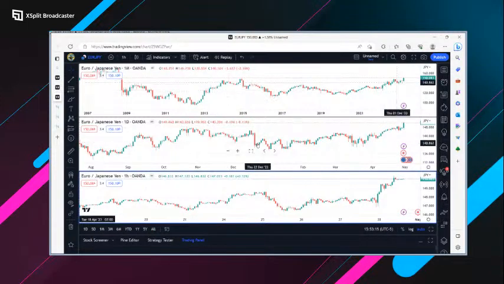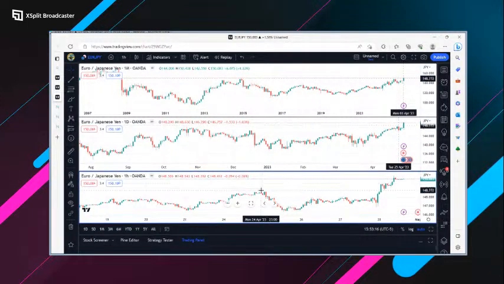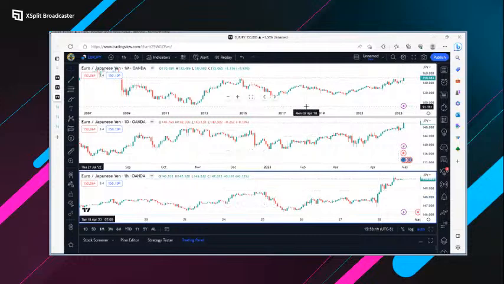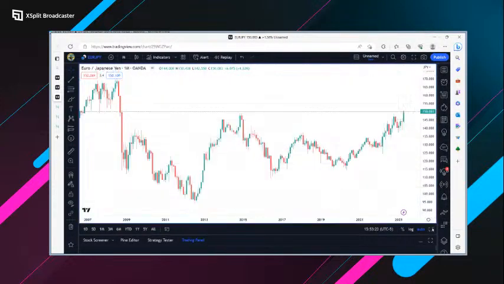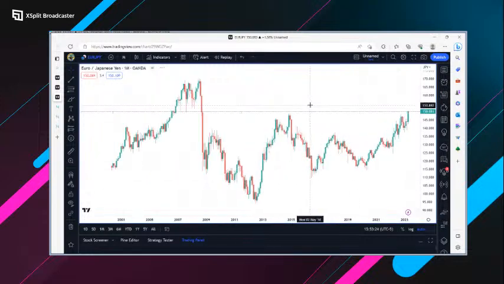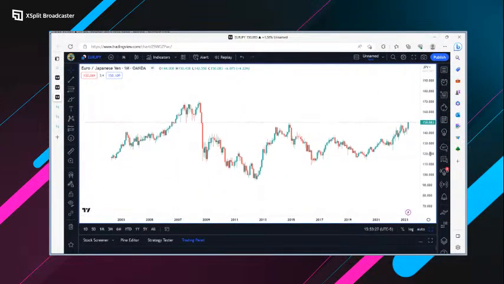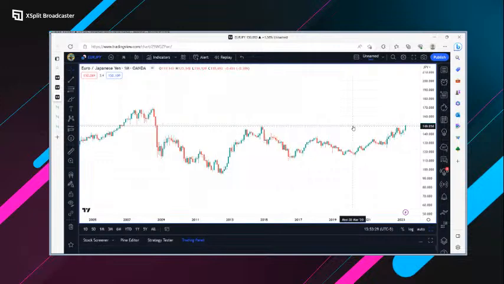All right, we have a monthly, we have a daily, and we have a 1 hour. Okay, so this time around, we'll try to refrain from notes. Let's see if we can go and do exactly what it is that we believe as traders. So again,